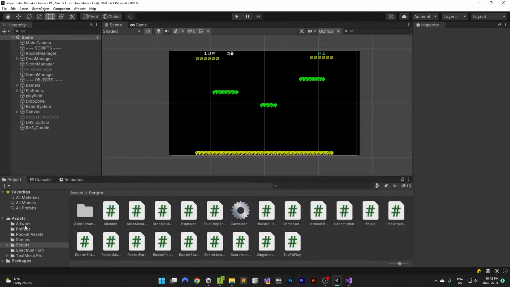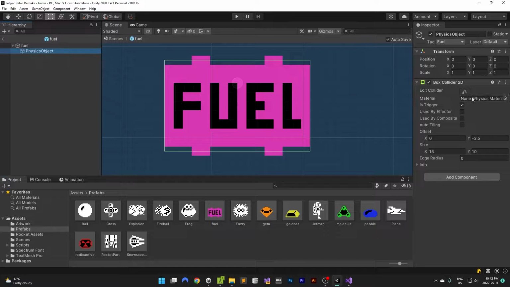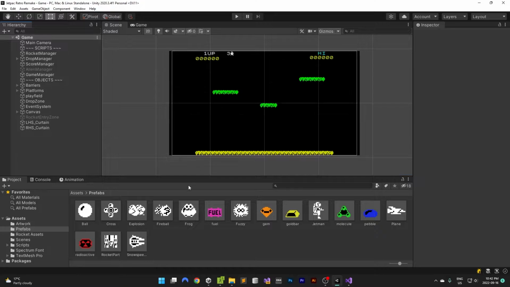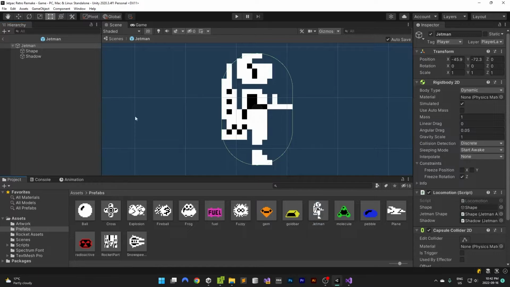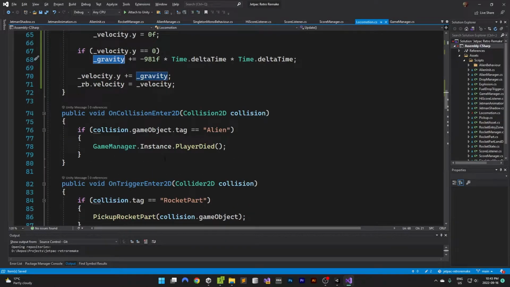Actually, what's our fuel? Our fuel drops, doesn't it? Physics object, here we go. Oh, it's a physics object. That would make sense. Okay. This is not as good as I thought it was going to be, but okay. We don't need half there, because that's only adding half of that. And then we want to reset gravity to be